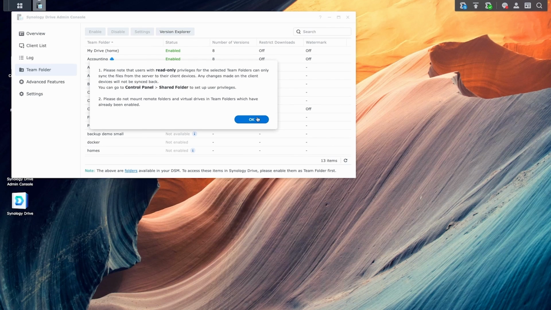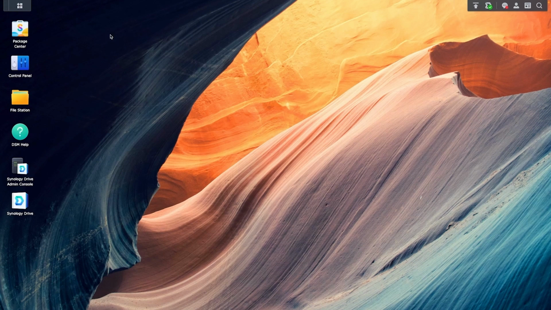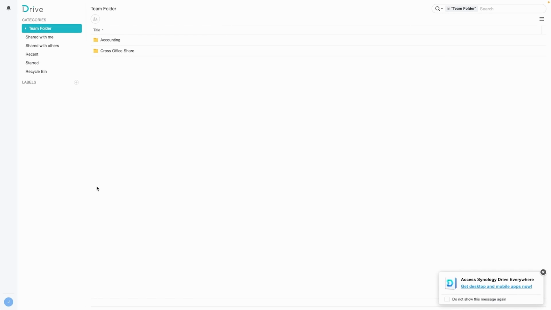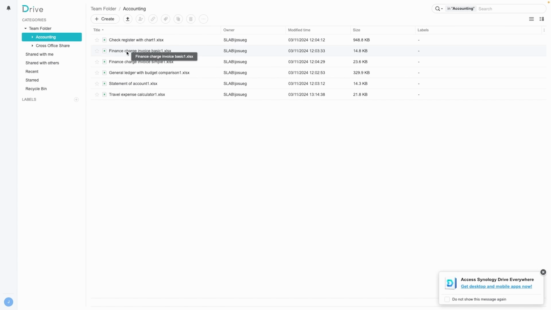We'll click OK for this process, and we'll actually showcase the Synology Drive web portal. So let's go ahead and open that up. The Synology Drive web portal is actually going to be a great way for your remote workforce to get access to their files. So here you'll notice that we have access to the same files we've been working with throughout our demo for our remote workforce. So we can also use this to share files outside of the organization or to roll back to previous versions.